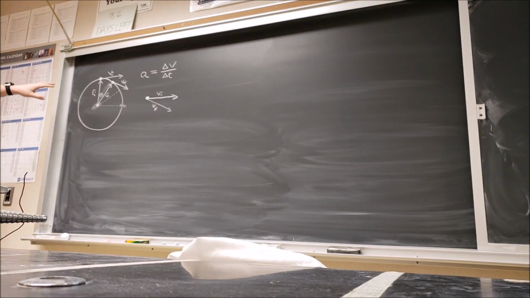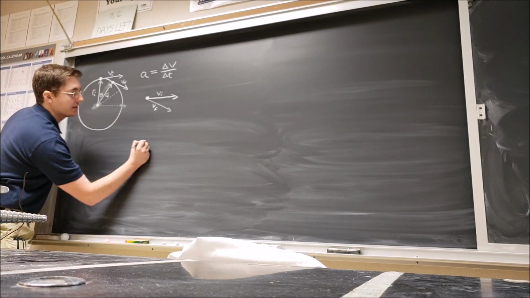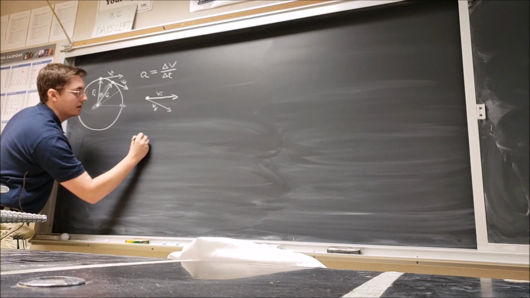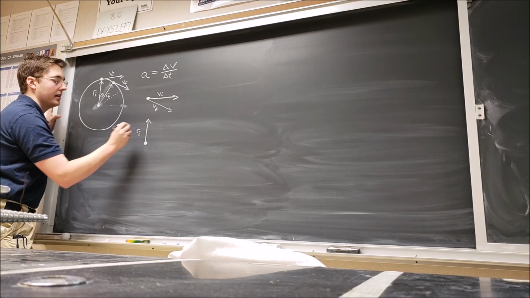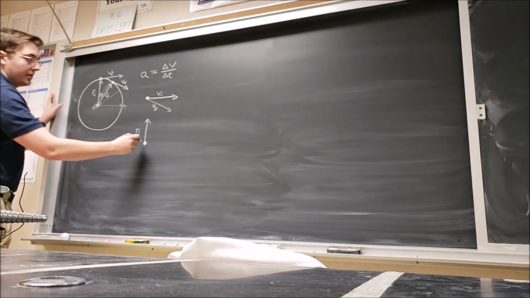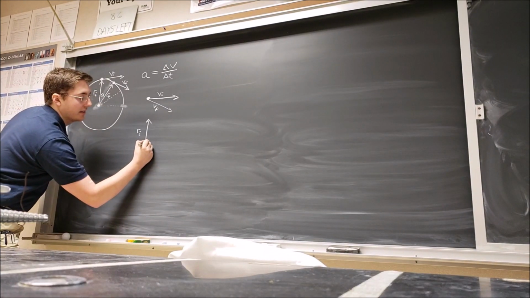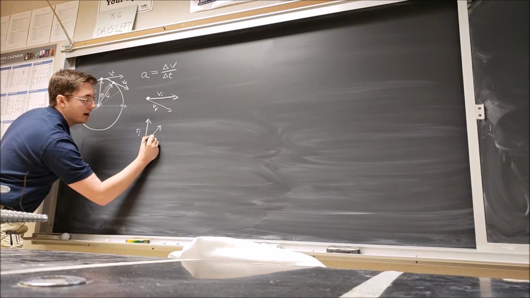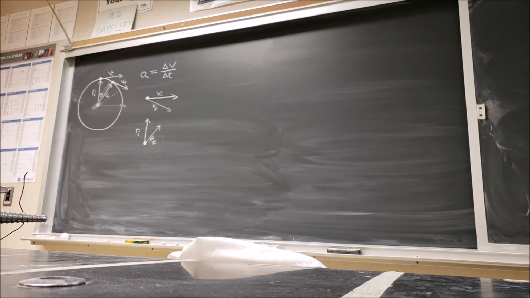Okay, now in terms of the position, you're starting off like this, ri at that position. And usually we draw vectors tip to tail, but in this case I'm just going to draw them tail to tail. And then we have another one coming up kind of like this. Okay, so rf. Okay, good so far? It's going to get a little bit intense here, but I want to show you where